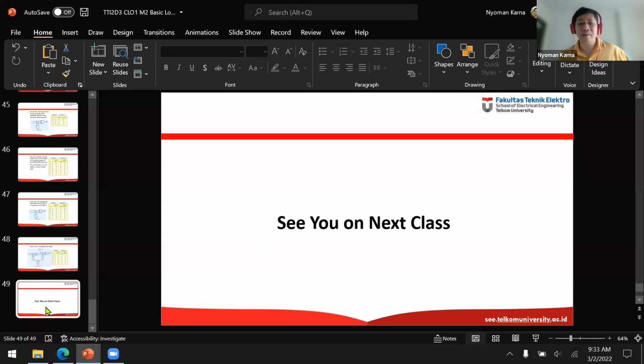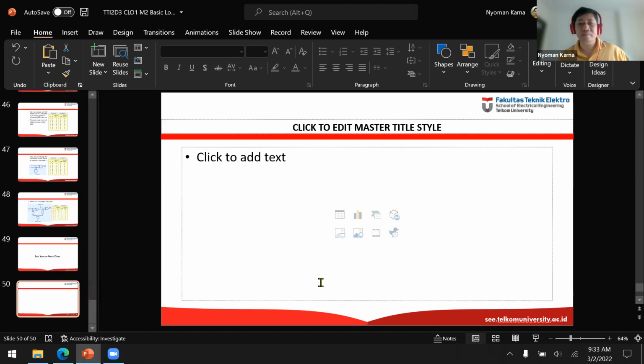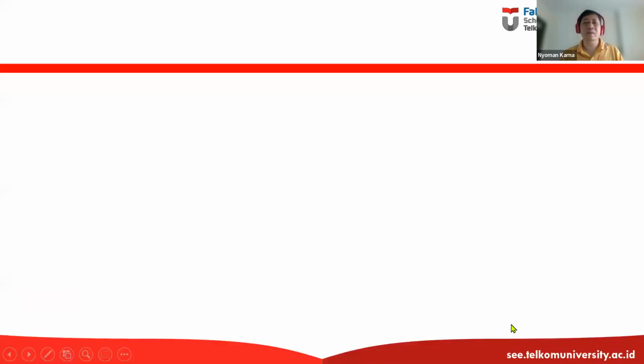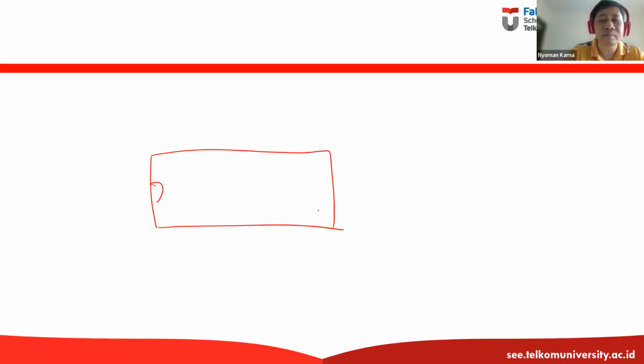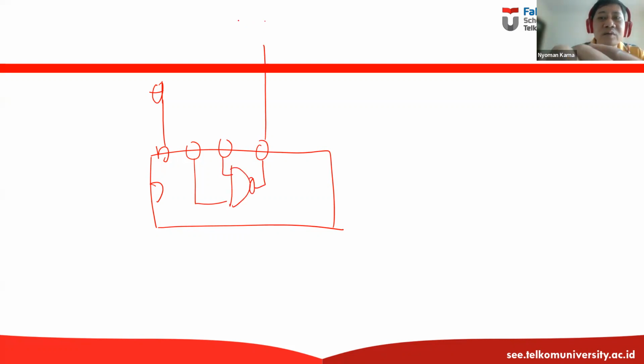We give this to the power, and then we give this to the LED lamp, to the ground.